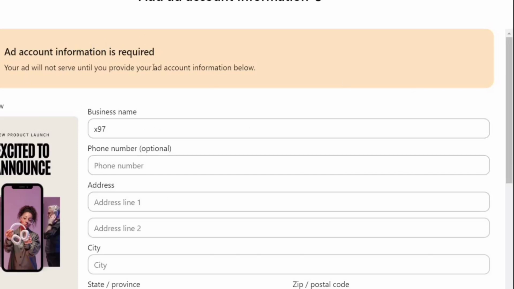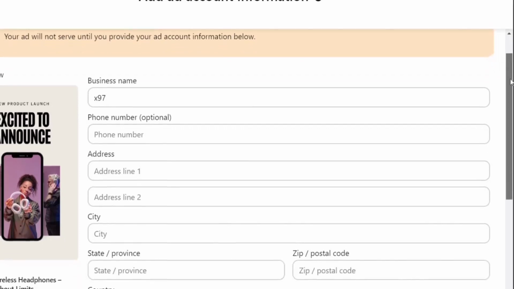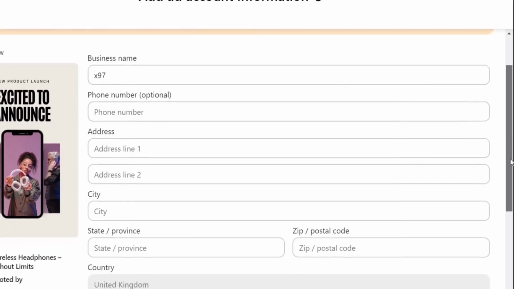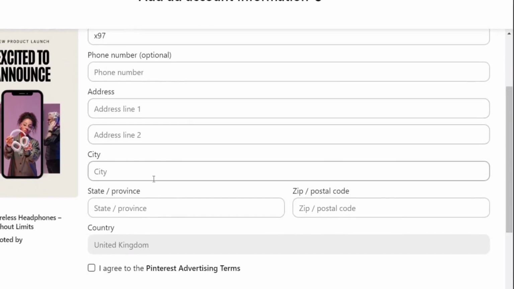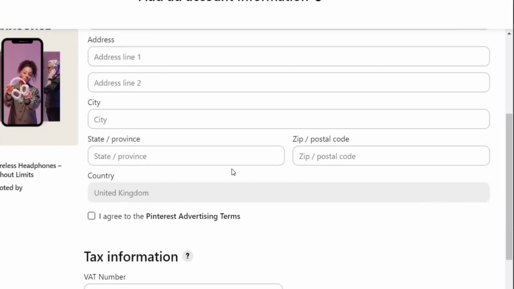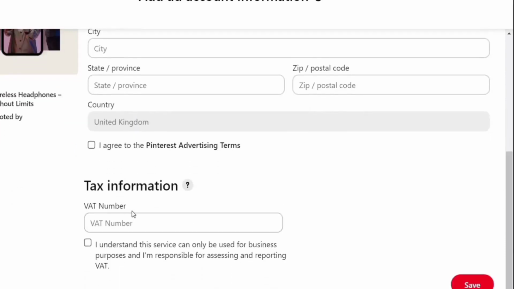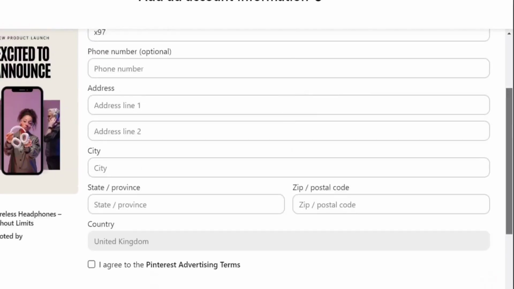It says your ad will not serve until you provide your ad account information. So what you need to do is put in your business name right here, put in your phone number, put in your address line, and you can see right here it's optional to put in your phone number, so you can skip that option right here. But you need to put in your address, you need to put in your city, you need to select your zip or postal code right here, put in your state right here, and also you need to put in your VAT number basically. So afterwards you can click on save, and eventually